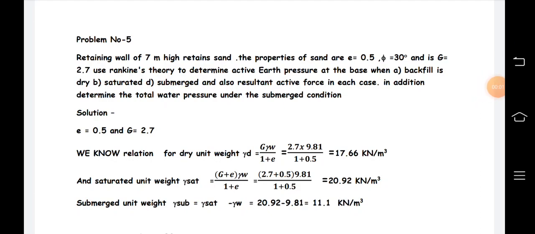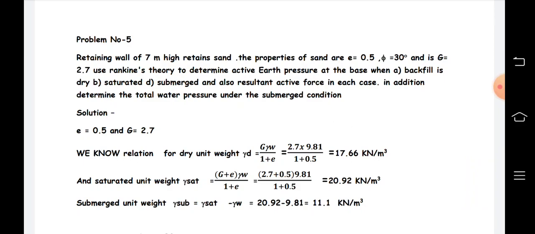Now we are discussing the next lecture of unit number 5, that is problems on earth pressure. Problem number 5: a retaining wall of 7 meter high retains sand. The properties of the sand are e, the void ratio, equal to 0.5, phi equal to 30 degree, that is the angle of internal friction, and G, that is specific gravity, 2.7. By using Rankine's theory, determine the active earth pressure at the base when